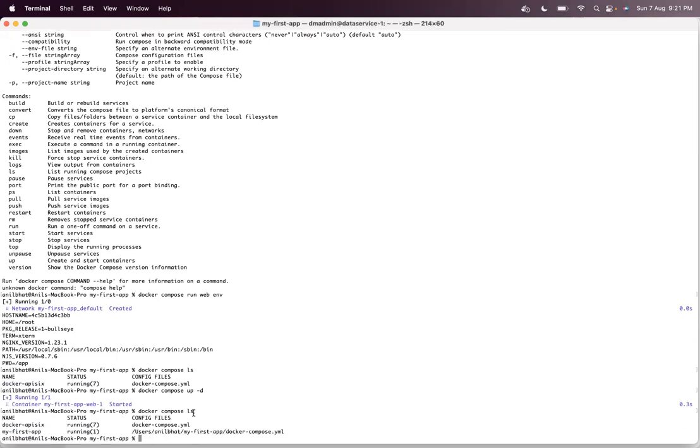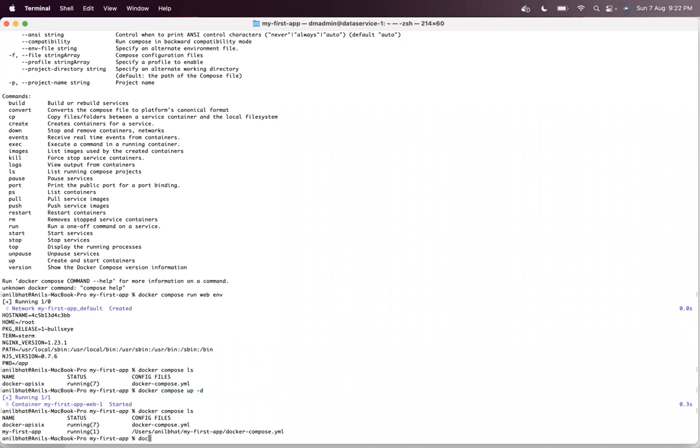So now you can see that you have started a particular Docker service using Docker Compose with detached mode, and you can see the list of all Docker services which are running. Now my first app is what you ran just before that, right? So you now have two in the list.